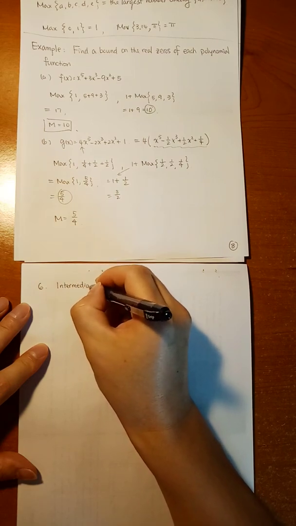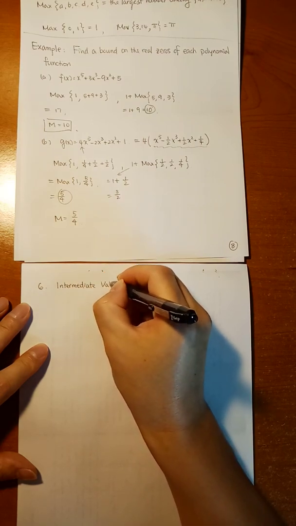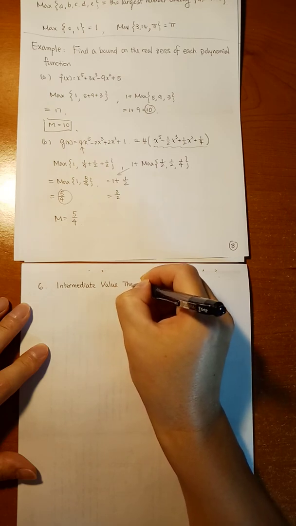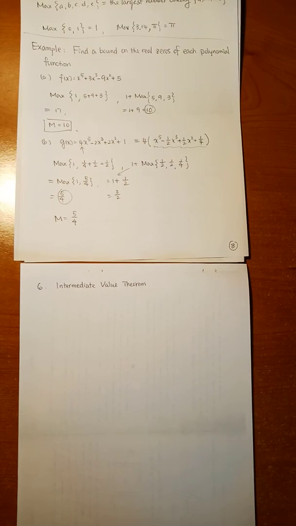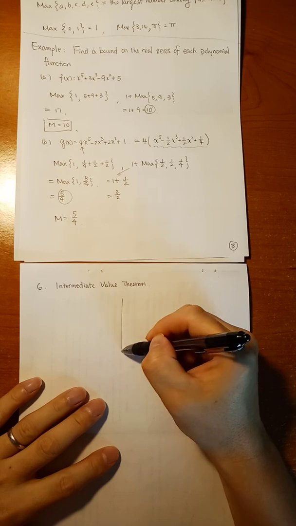Intermediate value theorem. So what is the intermediate value theorem? It is the following. For example,